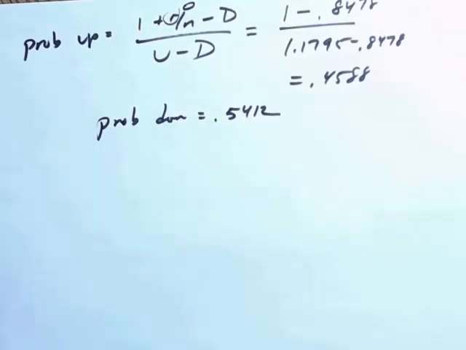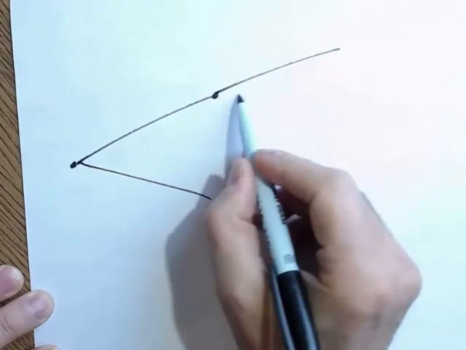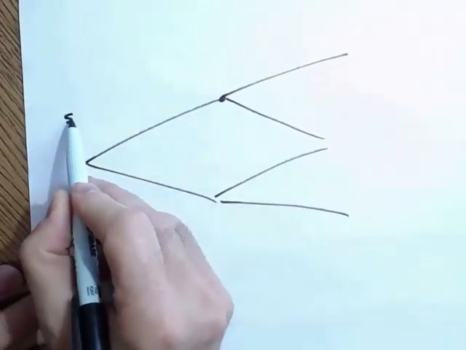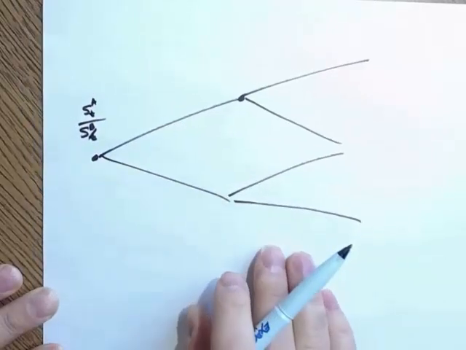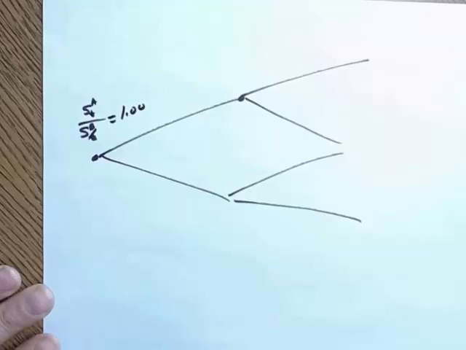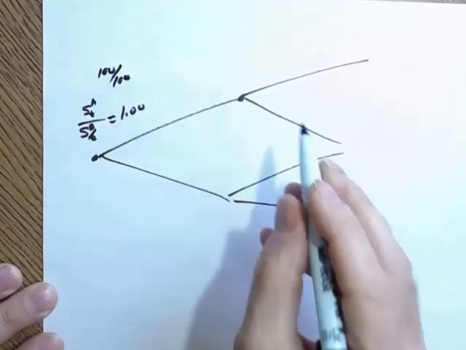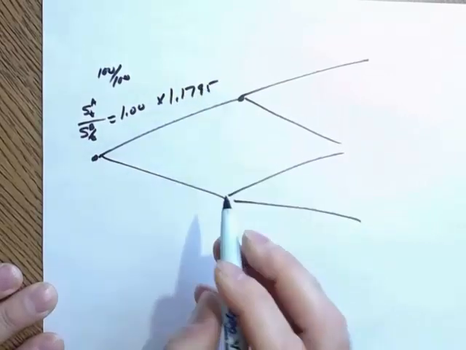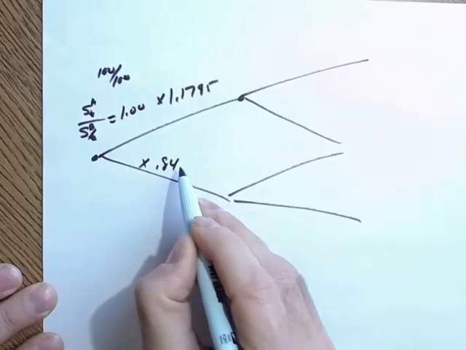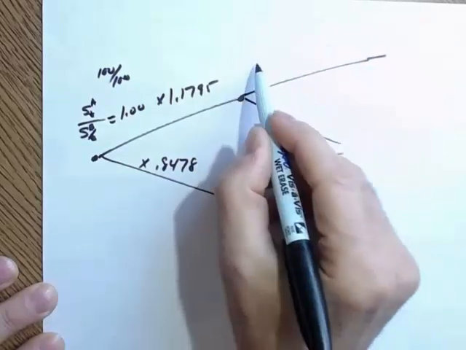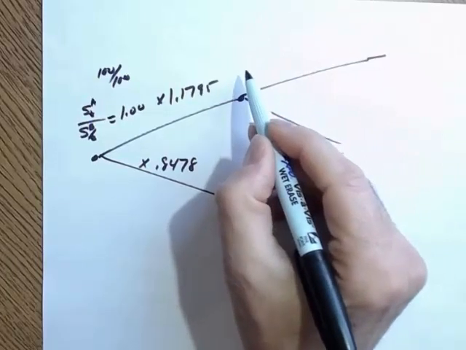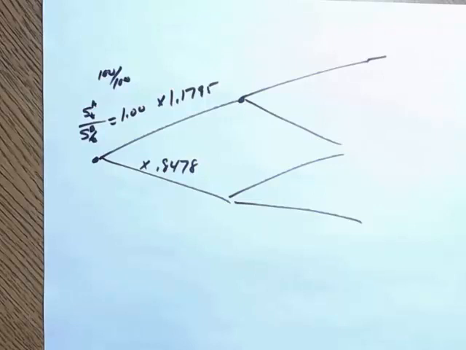Okay, let's look at the lattice now, keeping in mind all this information. So we start off the lattice nice and big here. We're going to start off modeling S_A at time t over S_B at time t. Okay, that's S_A over S_B. That equals 1, because both stocks started at 100, so it was 100 over 100. Now the up movement is 1.1795. The down movement is 0.84, no, what the heck, 0.8478. Okay, and we multiply it out. So this comes out to be, let me see here. This comes out to be,